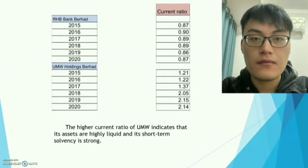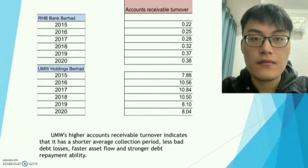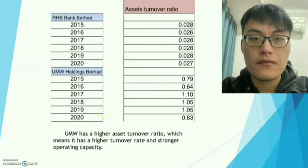The higher current ratio of UMW indicates that its assets are highly liquid and its short-term solvency is strong. And UMW's higher accounts receivable turnover indicates that it has a shorter average collection period, less bad debt losses, faster cash flow, and stronger debt repayment ability. And UMW has a higher asset turnover ratio, which means it has a higher turnover rate and stronger operating